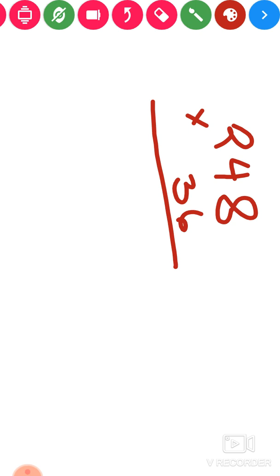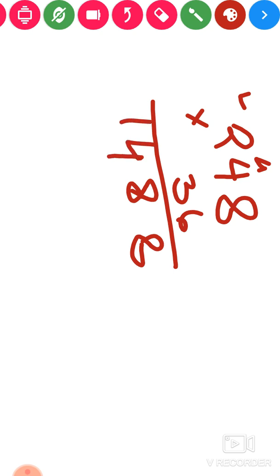Okay, let us start. So we will start with 6. Now we have to multiply 6 with 8. So 6 8s are 48. We'll write 8 here and we'll put a carry 4 here at the top. Now 6 4s are 24. 24 plus 4, 28. We'll write 2 here at the top. Now 6 2s are 12. 12 plus 2, 14. So 248 multiplied with 6, we have got 1488.